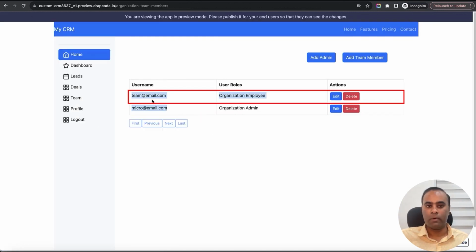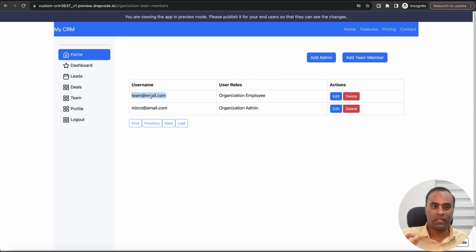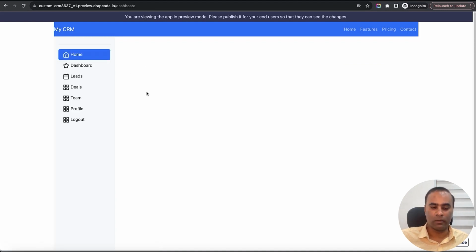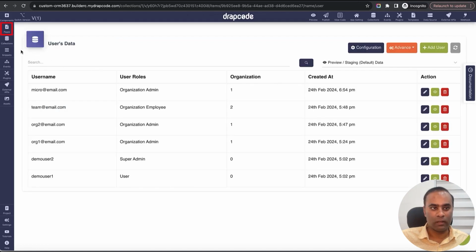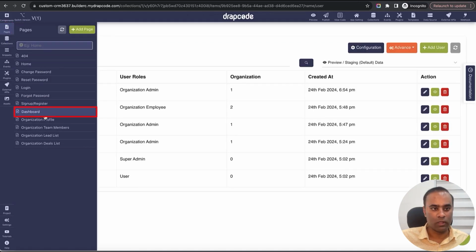Now I want the capability for this person to be able to switch tenants. So when they are creating a deal or a lead for Trapcode, it should go in Trapcode, but if they're creating for Microsoft, it should go for Microsoft. So we need a capability for them to switch tenants. Okay, maybe somewhere here we give the capability to switch tenants. So let's do it. Before that, let's just display the tenant and the user here so that we can see it much better. So I go to the dashboard,